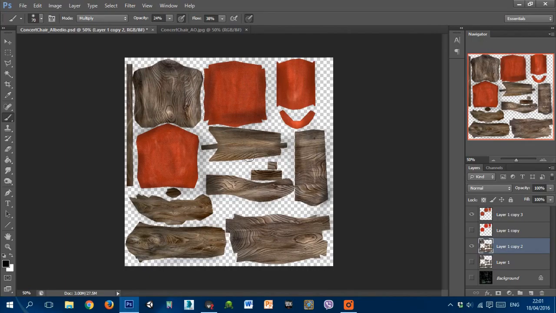Now I probably could have separated these and just reduced the size of some of these others, but because I've done it the way I've done it, when it's in Unity I just let the actual dynamic shadows and stuff handle the darkness from underneath the chair and that sort of stuff, so it should be fine. So once you've done that, then you can save it out as a JPEG,